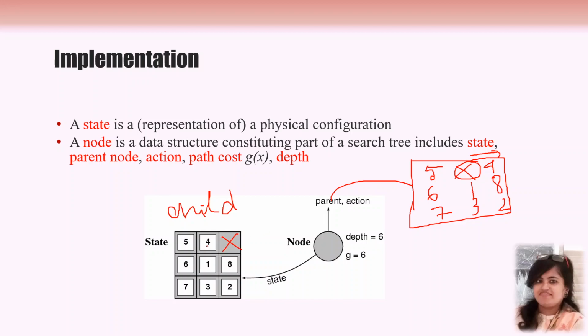So as we are moving the blank space towards the right side, it gives us this particular action, that is moving the blank space towards the right side. So that is now the action. And this was the parent node. This parent node is also a state, right? So this is one state, this is one state. And from this parent node, we are moving to this child node by placing the blank space towards the right side. So that was the action that is defined.